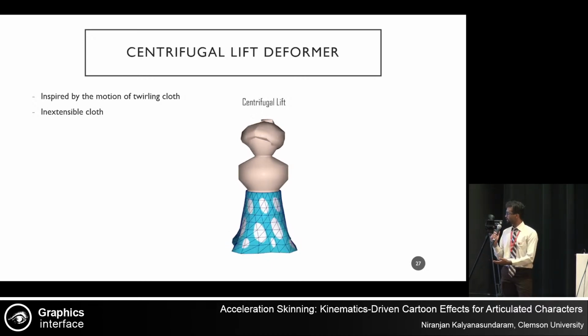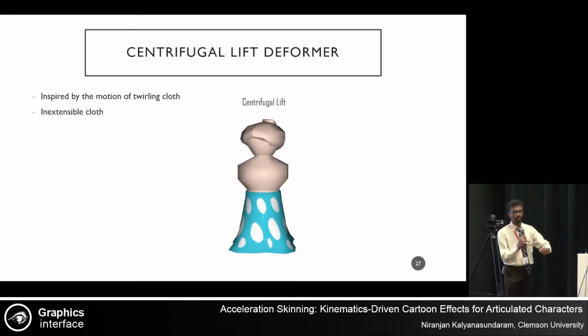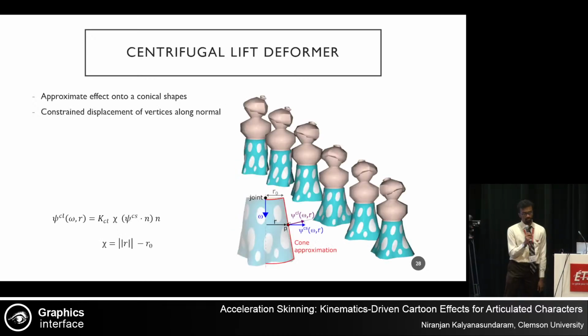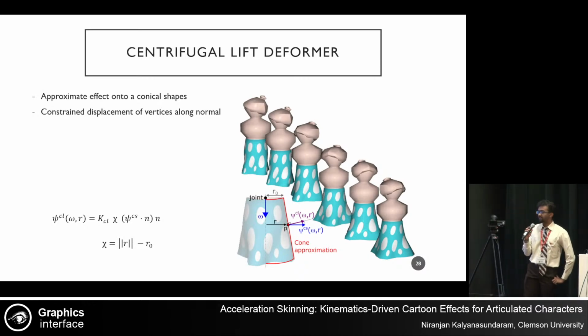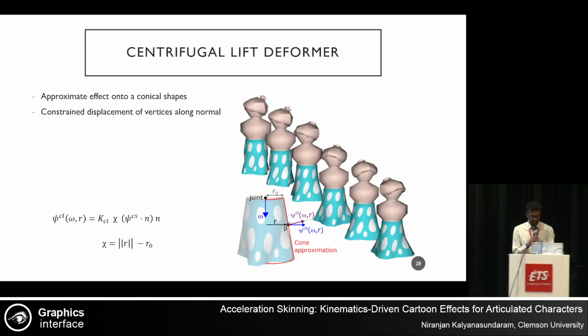So our approach to doing this was to prevent any displacement along the tangent plane, so we stop the mesh from stretching, but instead we move the vertices along their normal direction independently, and this creates the lifting effect. When we were doing experiments with this, we found that it was a lot easier to perform this deformation on a simple conical structure, and then further take those results and map it onto whatever source mesh we wanted to use. And the other thing is, the edges of the skirt have to twirl or lift first, so we take that into consideration as well.